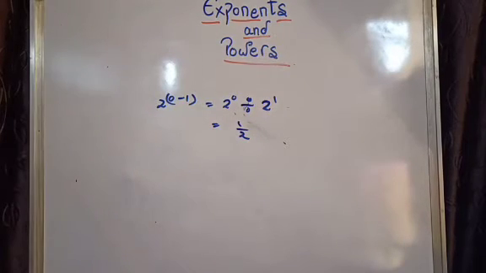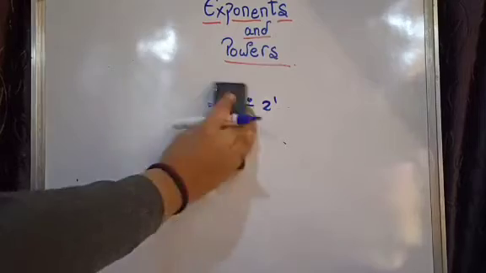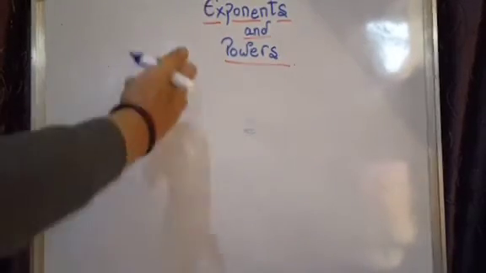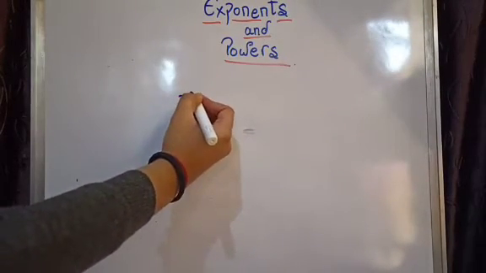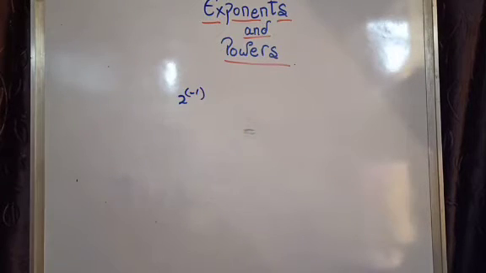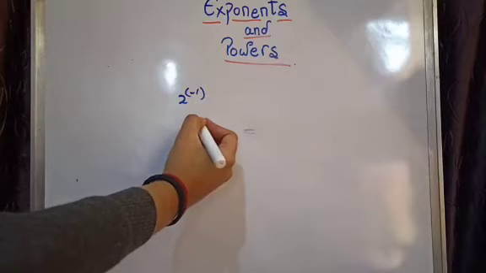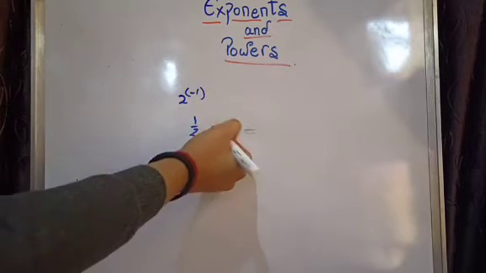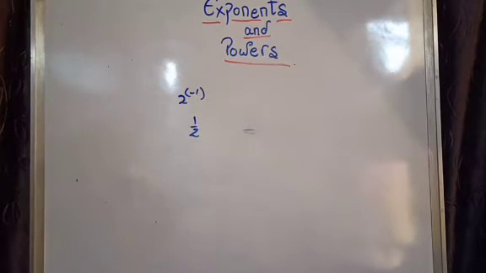And as you know, 2 to the power of minus 1, if we have to remove the minus from a number, we take the reciprocal of that. For example, 2 to the power of minus 1 will result as 1 over 2 to the power of 1, and it will result as 1 over 2. I have told the reason why it is possible.